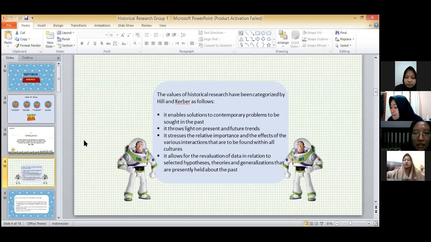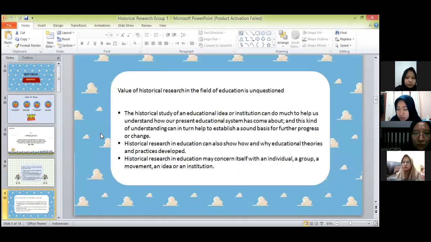And then the third, it stresses the relative importance and the effects of the various interactions that are to be found within all cultures. And then the last is it allows for the evaluation of data in relation to selected hypotheses, theories, and generalizations that are presently held about the past. The ability of history to employ the past to predict the future and to use the present to explain the past gives it a dual and unique quality, which makes it especially useful for all sorts of scholarly study and